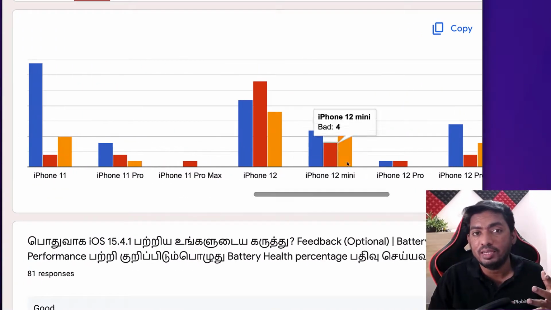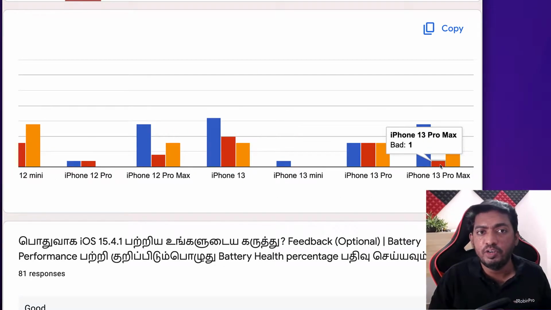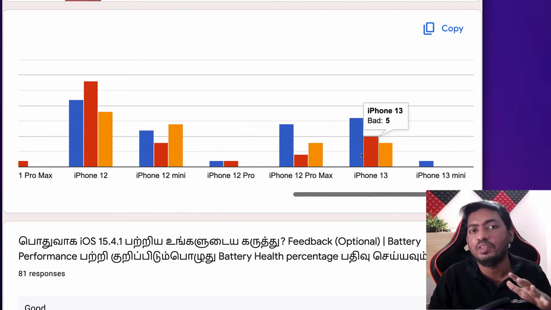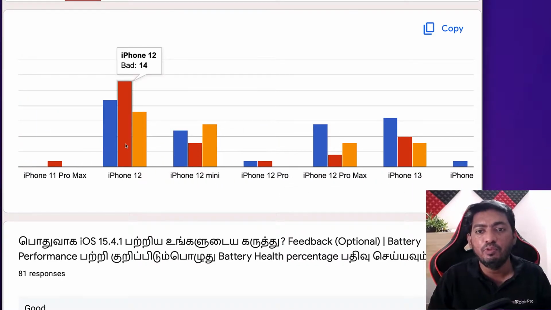Even the 13 Pro Max, which had issues with the iOS 15.4 update that we have seen in the previous follow-up video, you can clearly see that now it has very little feedback from its users that it is bad in overall performance or with battery performance. Also in iPhone 12 we can see 14 people have commented it as bad after the update to iOS 15.4.1. So I think Apple still needs to fix some problems related to the performance and the battery specifically,